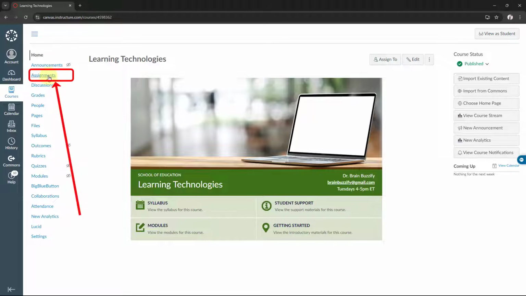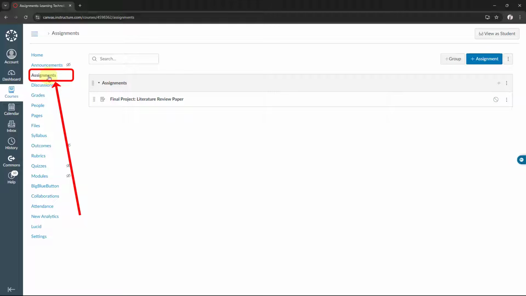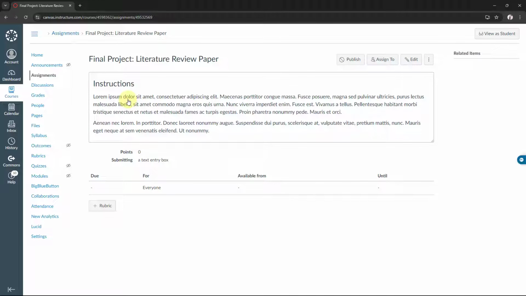First, let's click on the Assignments tab in the left course navigation. Then I will select the Final Project Literature Review Paper assignment. Suppose you were working on this final project to clarify some instructions, but then decided to replace it with a